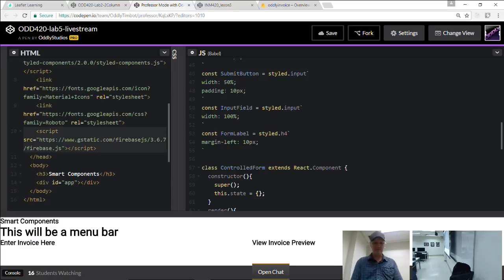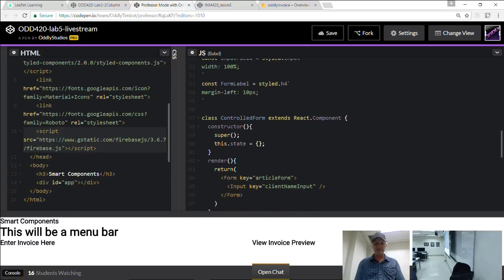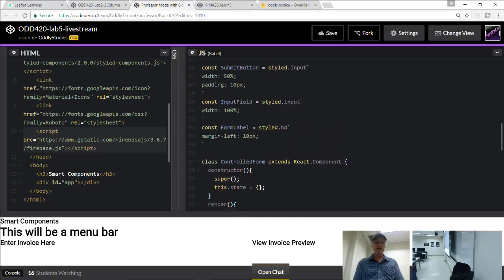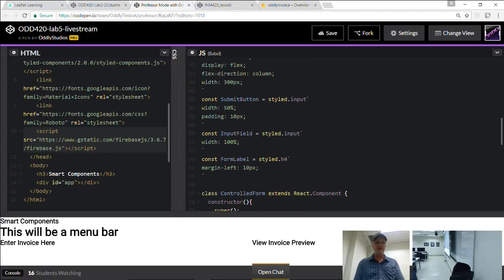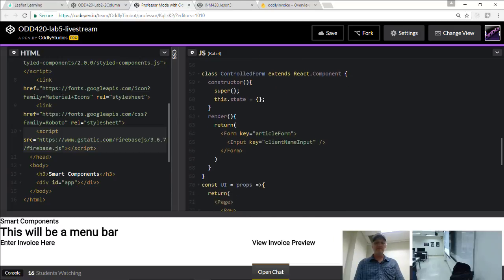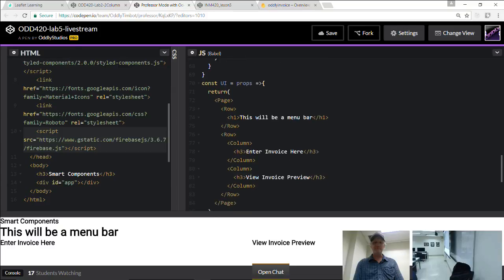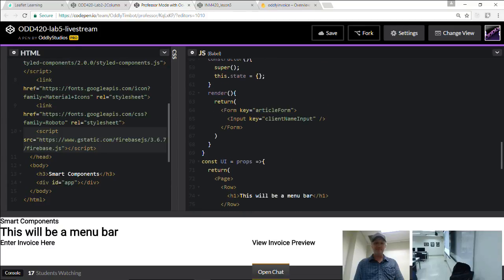Oh, sorry guys. I got a little error there. I don't have a component called input. I have one called input field here. That's my bad. So let me update that. Input field.